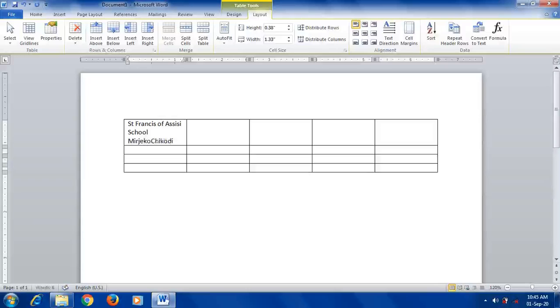See, now what happens, the width is not increasing, the width is fixed. Text is wrapping in the sense that when the width gets over, the text automatically shifts to the next line. So this is fixed column width. These are the three options available: auto fit contents, auto fit window and fixed column width. Hope you have understood these points.